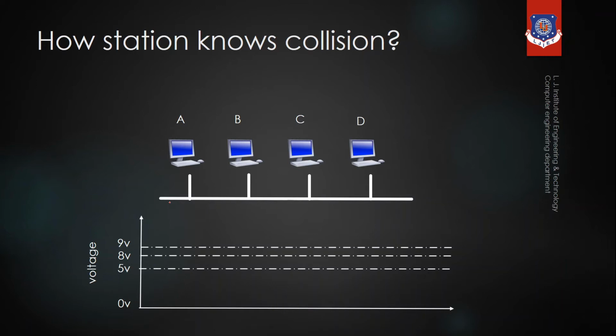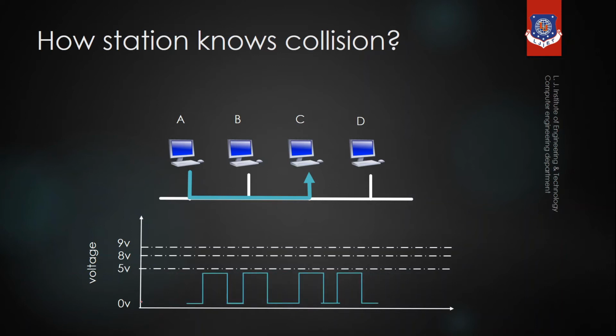Now we are taking the same example that we just saw. There are 4 devices connected in the bus topology. Suppose device A wants to send data to device C. It will first sense the channel at its interface. After sensing the channel, if the channel is idle, device A will send the data to device C. Now the signal that is being transmitted from A to C can be seen here.